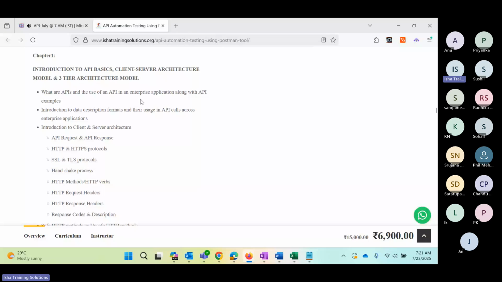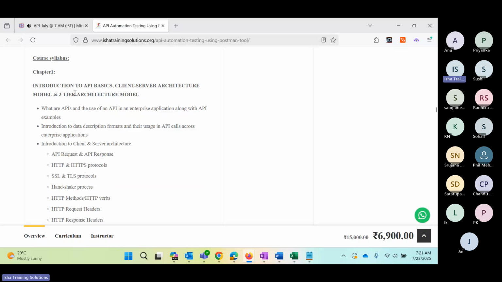Okay, fine. Let me quickly go through these chapters as well. And again, at any point of time if you have questions, you can interrupt me and ask. So in chapter 1, we are going to talk about the 3-tier architecture model, introduction to the client and server